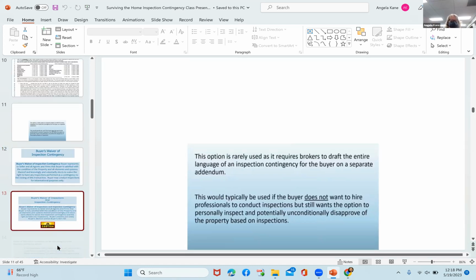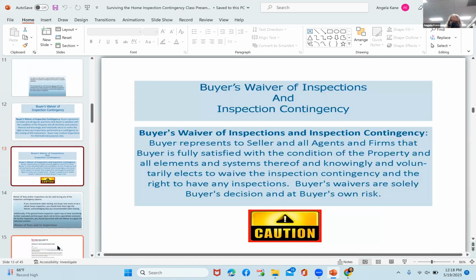Okay, let's talk about waivers. One of the checkboxes is the buyer's waiver of inspections and inspection contingency. Essentially, the buyer is representing to the seller and to you as their agent that they are fully satisfied with the condition of the property, all systems, all elements, and they are knowingly and voluntarily waiving the inspection contingency and the right to have any inspections. This decision is solely their own. It is solely at their own risk. And we require a separate KW form